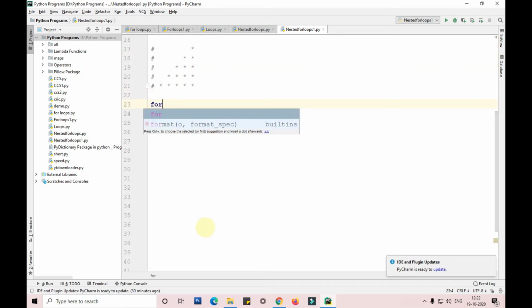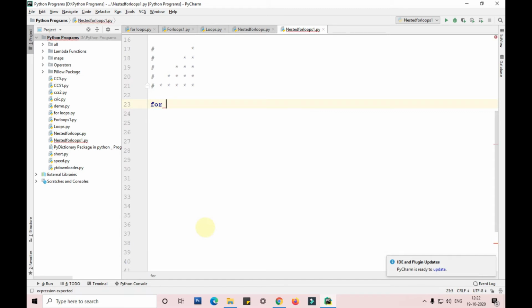So I'm taking the outer for loop for x in range of 1, 6, because we want to go up to 5 stars, colon.